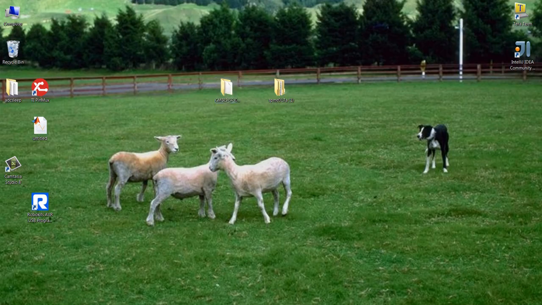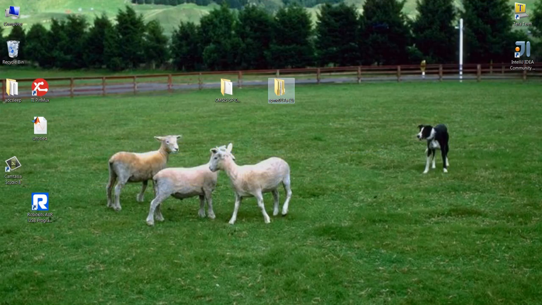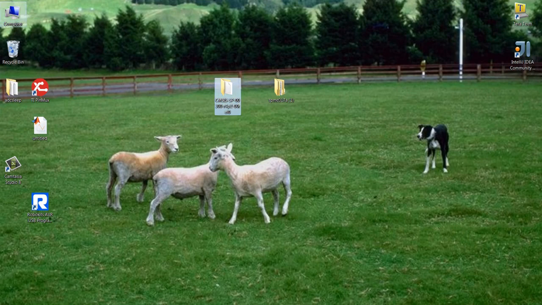You can see inside this file, it has CMSIS, the CMSIS real-time operating system, and some device files. And this file is also provided by Texas Instruments. It has the DSP-lib and the source, transform function, bit reversal, and another one has the .h files. So before doing anything, you have to copy this CMSIS file into the C